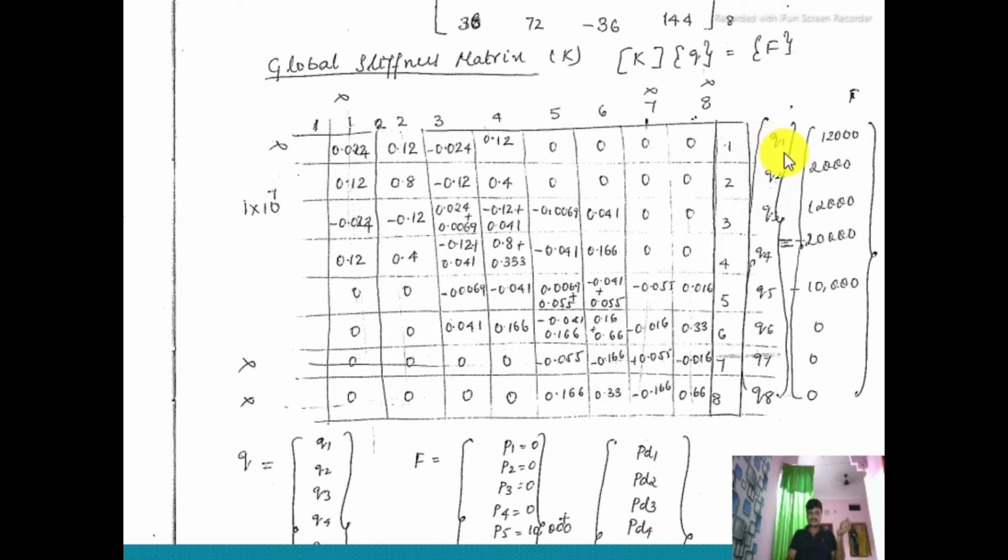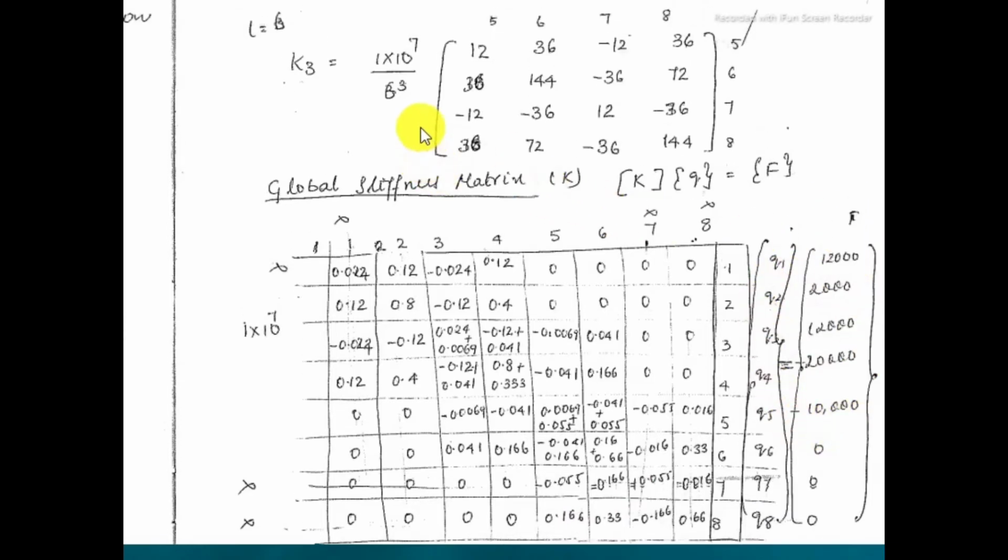So Q1, Q2, Q3, Q4, Q5, Q6, Q7, Q8 are taken. All these odd numberings like 1, 3, 5, 7 are the vertical displacement, and Q2, Q4 and so on are the rotary, meaning rotation displacement. Again, now the force vector, this value will be taken from the calculation. So for this problem,